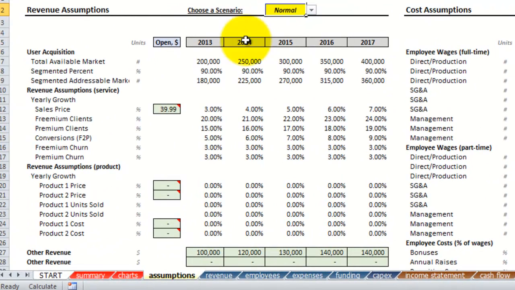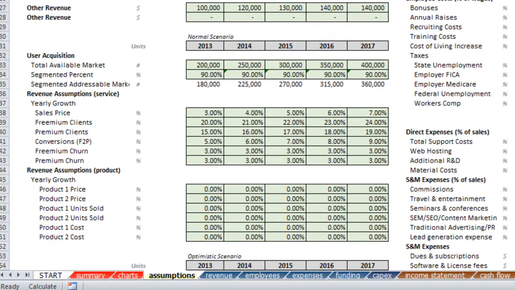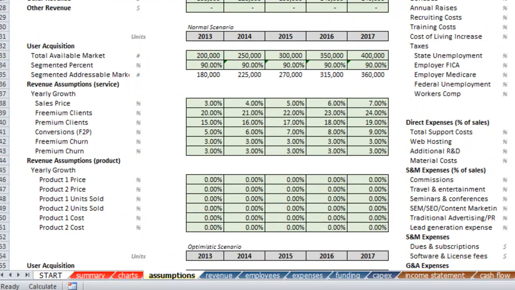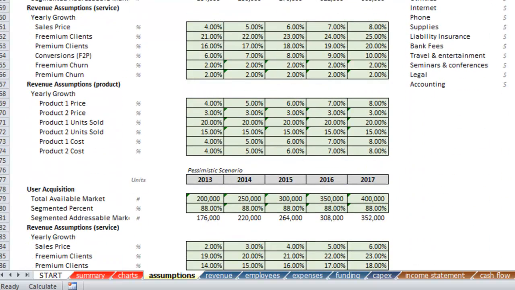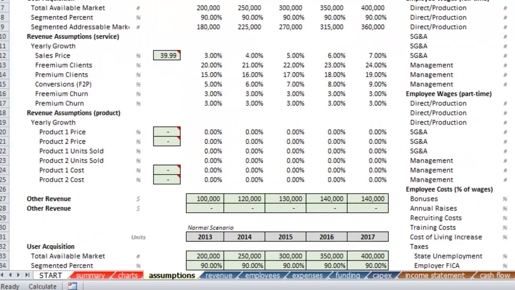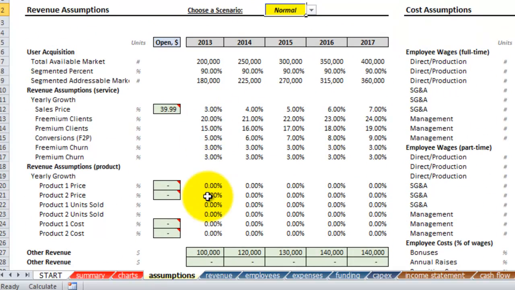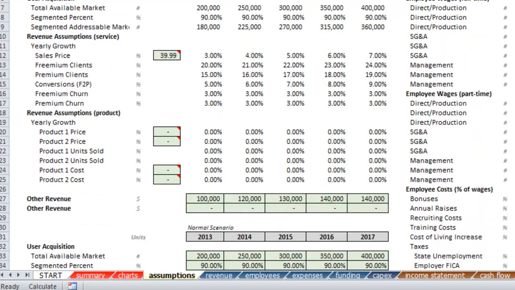And you can see on the revenue assumptions, if you scroll down, we have the different scenarios: the normal scenario, the optimistic scenario, and then finally the pessimistic scenario. And then on the top here, this is the data that actually drives the model. And this data originates from the various assumptions. So the first thing you want to do, let's look at the normal scenario,